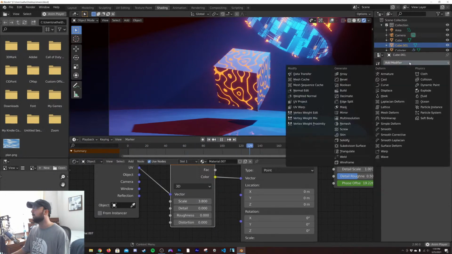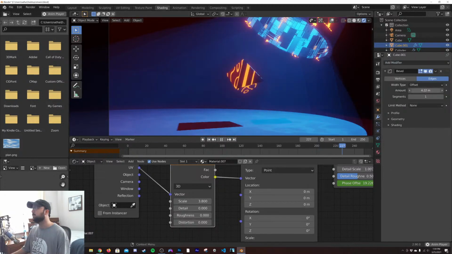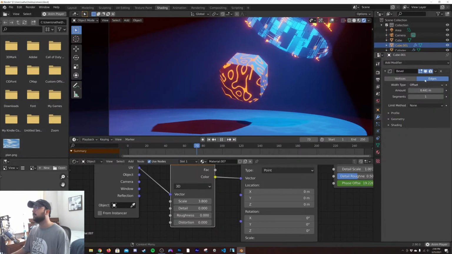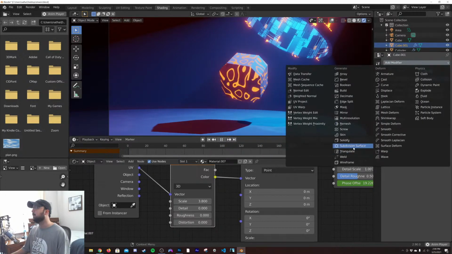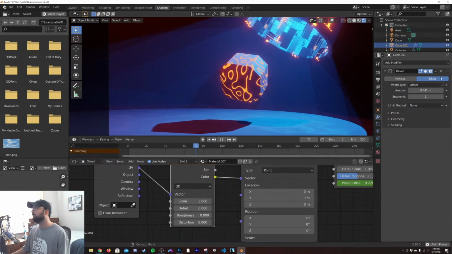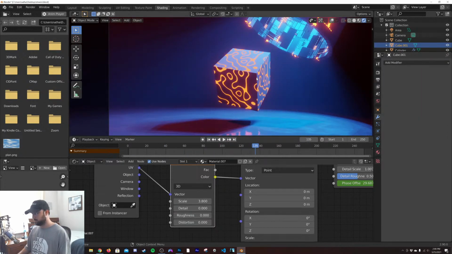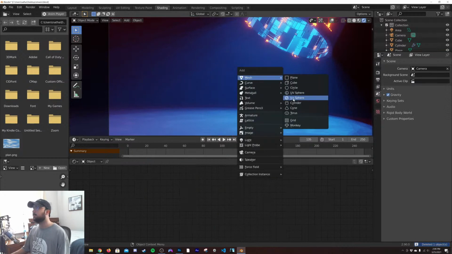And then I'm going to take this, and if we bevel it just for fun, and then add a subsurf, that looks weird. So instead of that model, we'll use a different model.